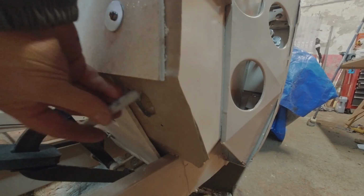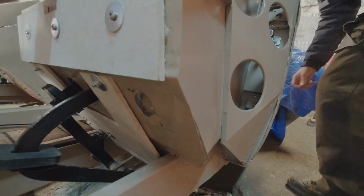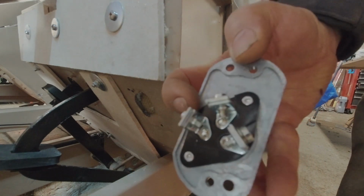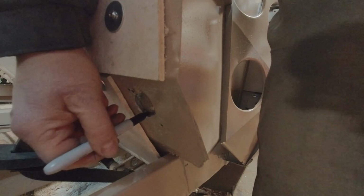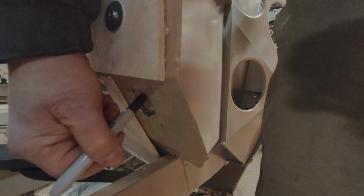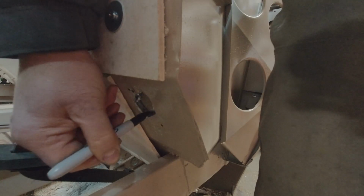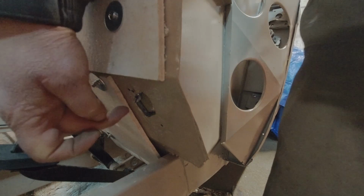I think it goes from the top, and then the carpet goes over it. So down here is the hole where it goes, and you can see the shape of the hole is the same as this plastic shape on the back here. We're gonna mark that on the carpet. Now if we just cut off the whole mark,